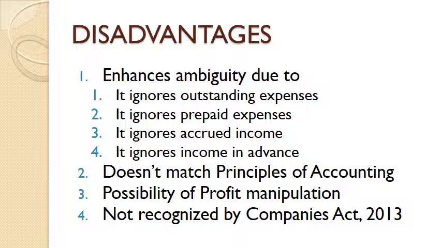That means suppose somebody had ordered us something and given us some advance. Still we haven't given the services, but we have received the advance earlier. In that case, this income is also ignored by cash basis accounting. That's why it doesn't show the exact, clear or fair picture of the